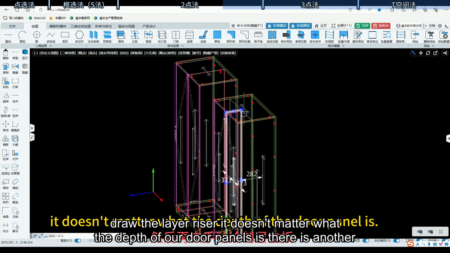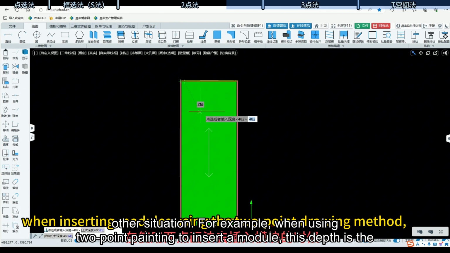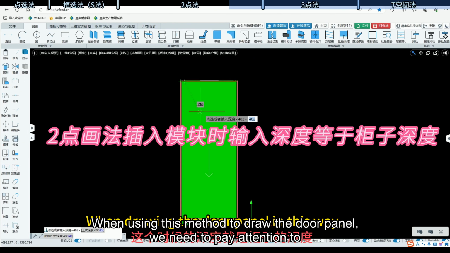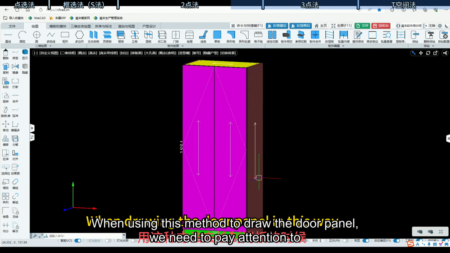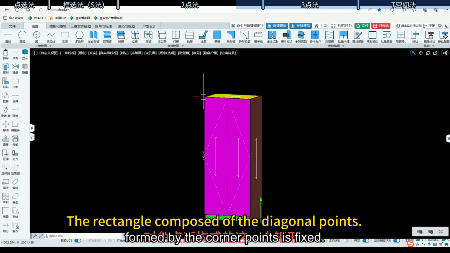It doesn't matter what the depth of our door panels is. There is another situation. For example, when using two-point painting to insert a module, this depth is the depth of the cabinet. When using this method to draw the door panel, we need to pay attention to the fact that the area we just selected is the one we manually pulled up. The size of the rectangle formed by the corner